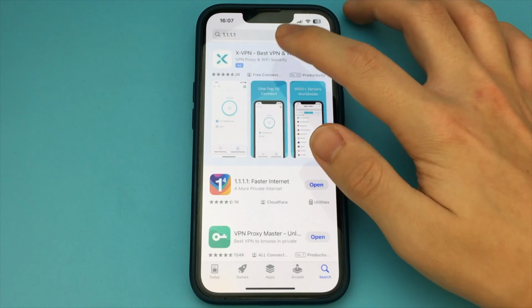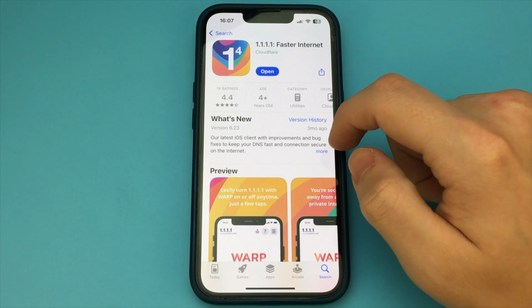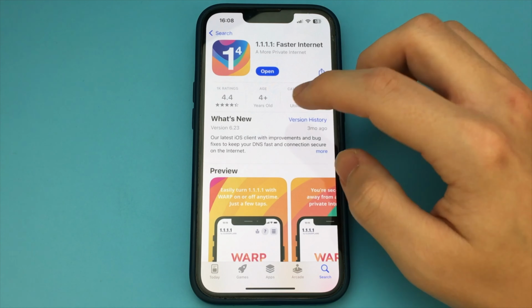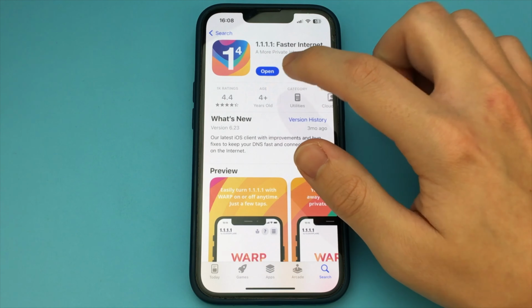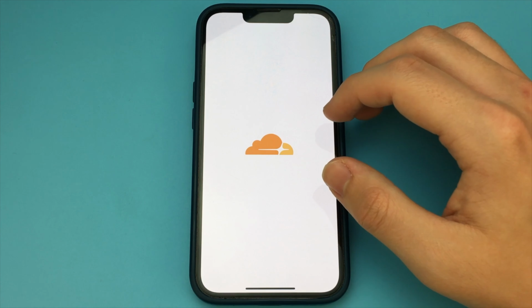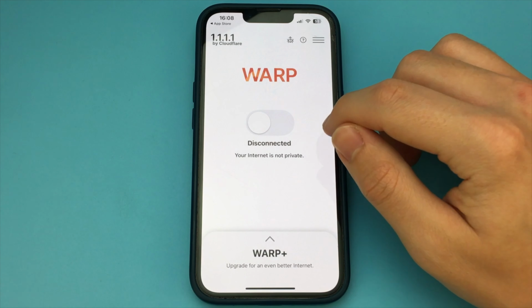To do that, you go to the App Store. I'll give you a VPN, it's called 1.1.1.1. Look for it. This is what it looks like. Click, download, and then open it. When you open it for the first time, it will tell you that you can add any configuration. You agree to everything. Add it, and then it will be displayed in your settings.